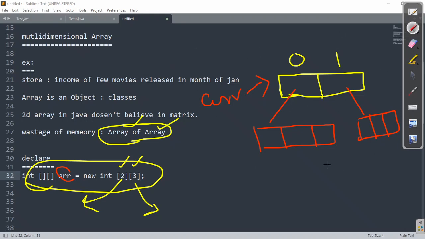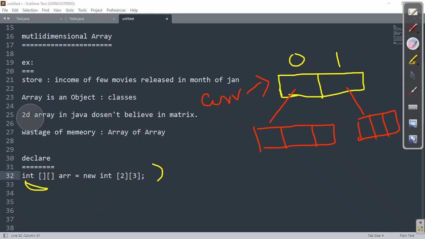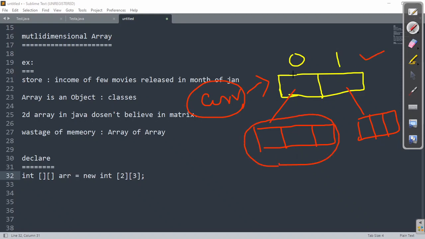So this is in no way a double dimension. This is in no way a matrix format. This is always array of arrays format. Let us understand why I am calling this one arrays of array, right? So this is the arrangement. Remember, this one is the reference name to this array, and for this particular array, what is the reference name? We are going to discuss now.